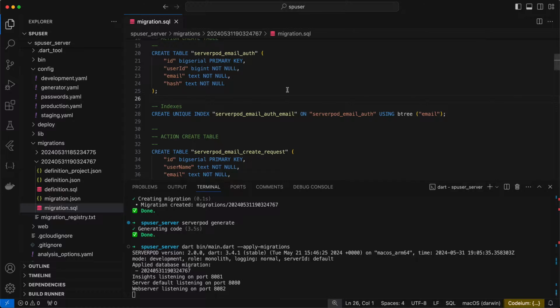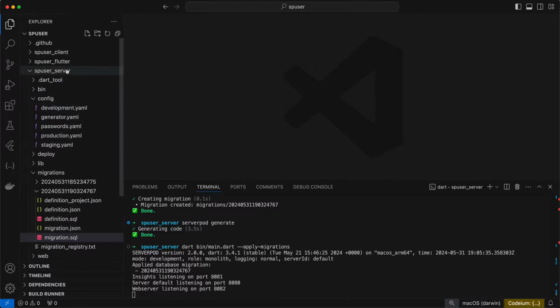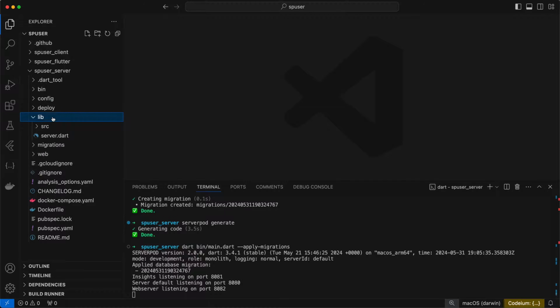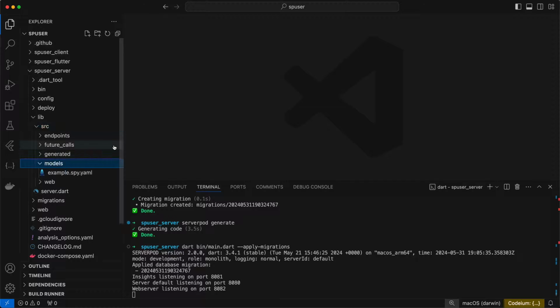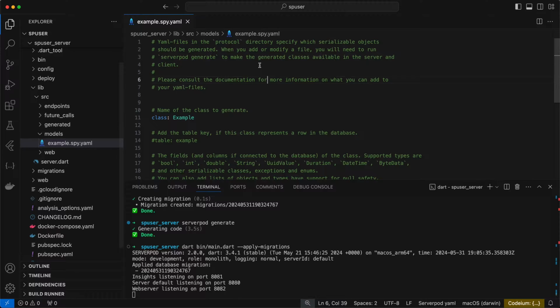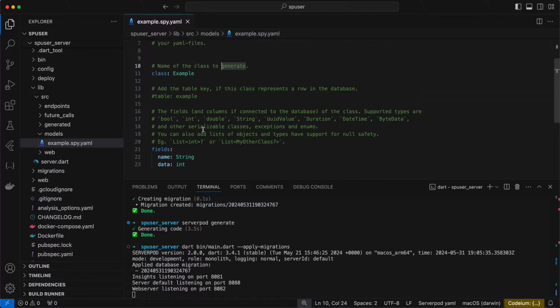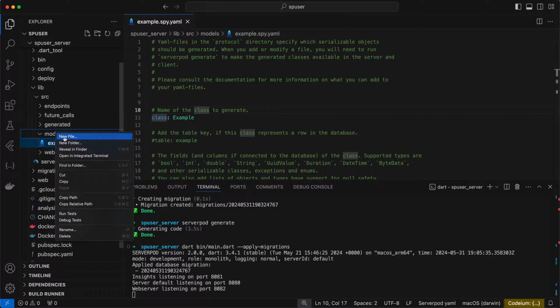All right, now we get into the heart of this tutorial where we actually start creating our custom user. So what we're going to do here is go into our lib folder, source, models. And you'll see there's an example model here. This is actually a model that doesn't even have a database table associated with it. We can see there are some fields you can put in, cool. But we're going to make a new one, and we're going to just call it